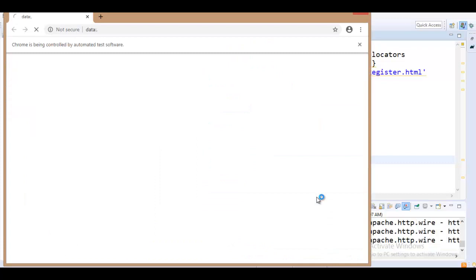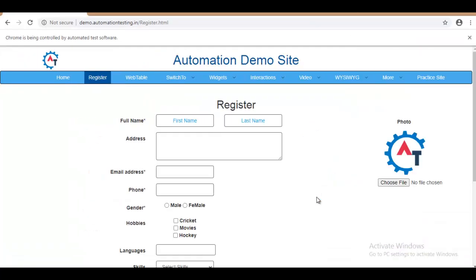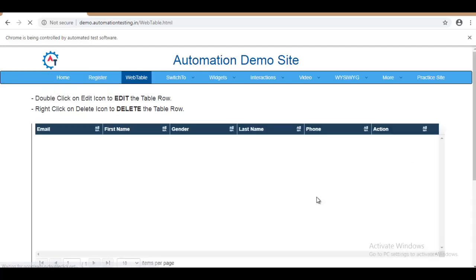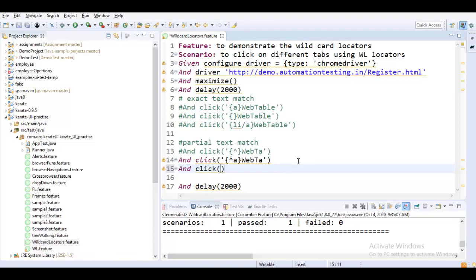After that, let us also see how to click based on an index. Like I would like to click on such and such index and see how that works. Yeah, it is still able to click that. Now I wanted to click on a particular index, say the 4th index. I mean a is my tag name, and 4th is the index of it. Let's see how this works. I think I'll have to pass in this value.